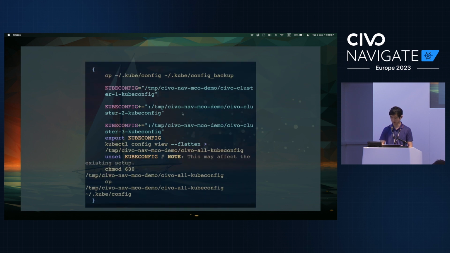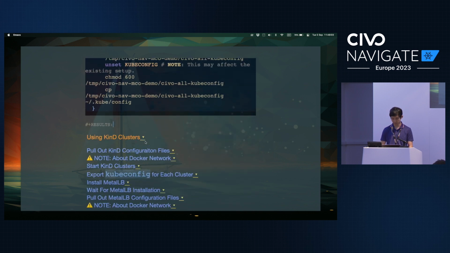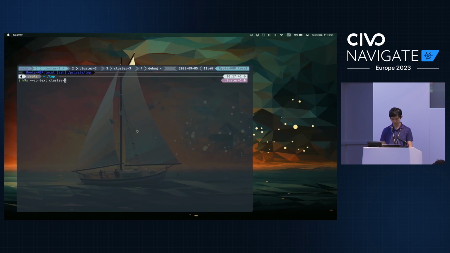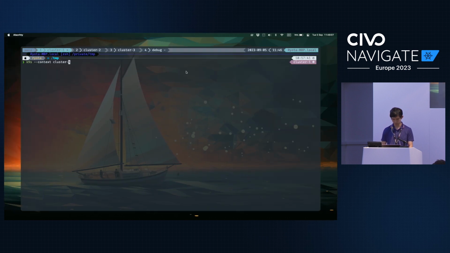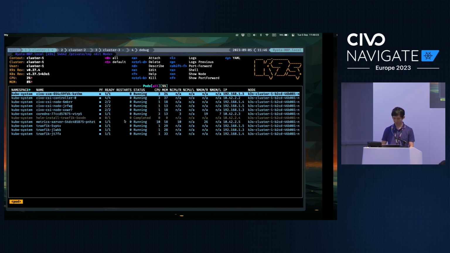I'm not going to have anything else, I'm going to start a brand new kubeconfig setup. Nothing comes out, but that means if you were to quickly look at the cluster situation right now, cluster 1 has nothing but some Civo stuff in kube-system, cluster 2 the same, cluster 3 the same. So nothing is deployed at the moment. Hopefully things will work out in this demo.